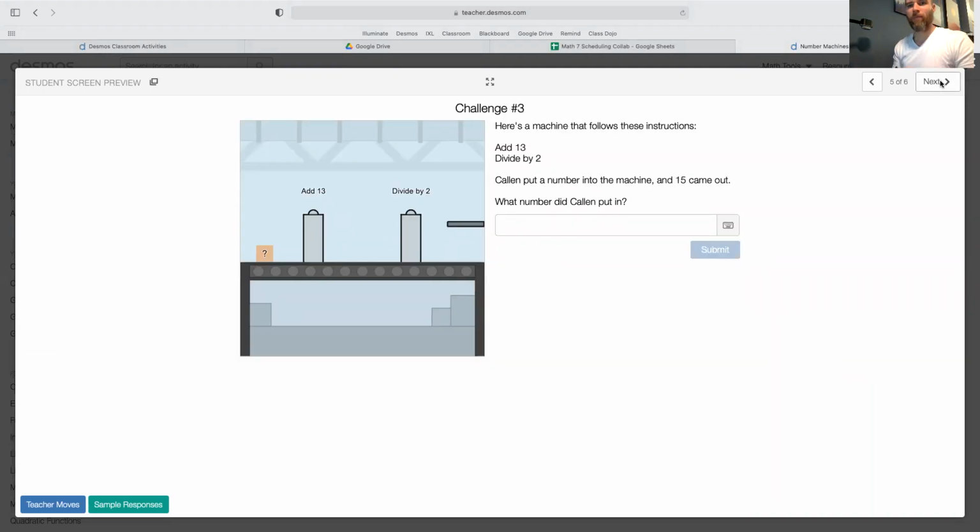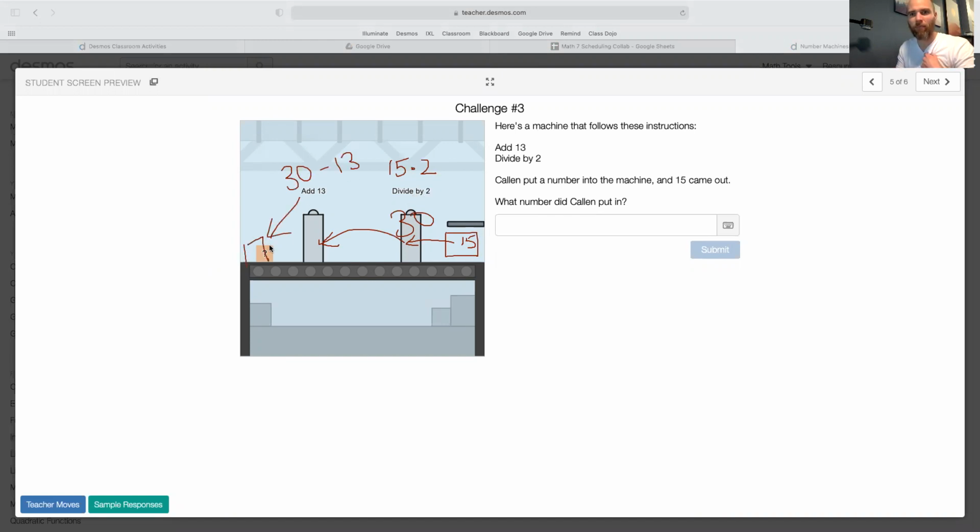All right, so here's Callan's machine again. This time they give us the output number again. So it's literally the one we just wrote instructions for, right? But now they gave us the number, they gave us 15. And so we wrote instructions on the previous screen on exactly how to solve this one. We're gonna take the number here and multiply it by 2. So we're gonna do 15 times 2, that equals 30. And then we're gonna take that number and we're gonna subtract 13, right? The opposite of adding, so 30 minus 13